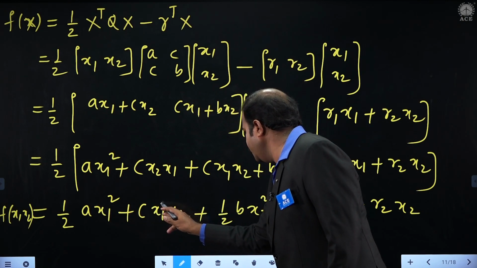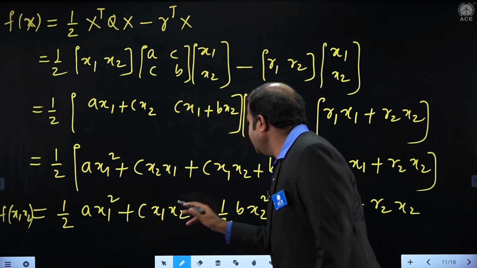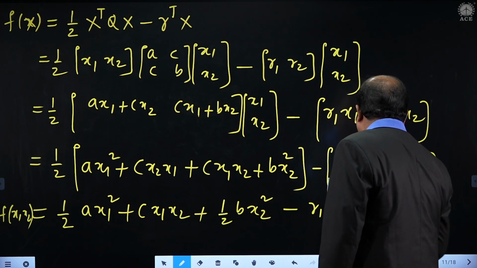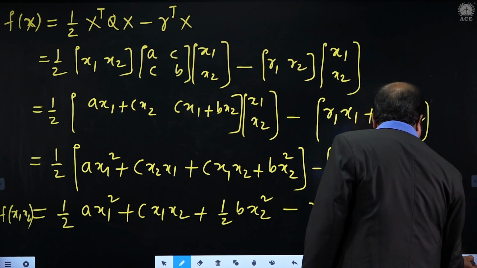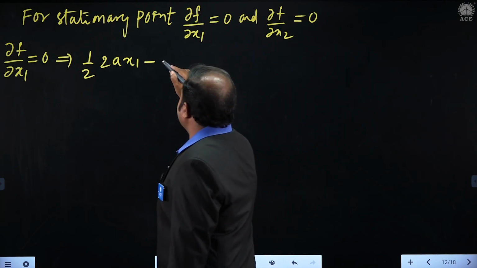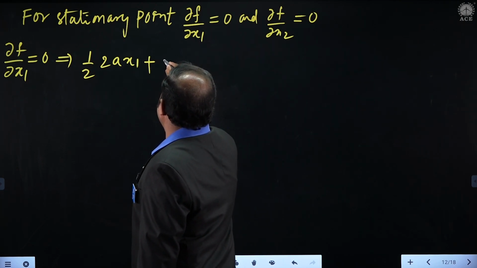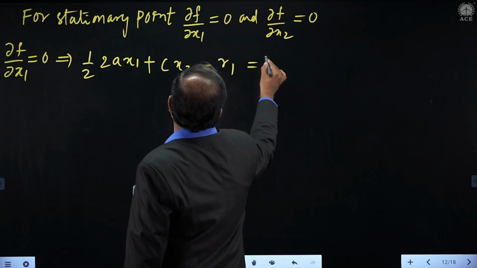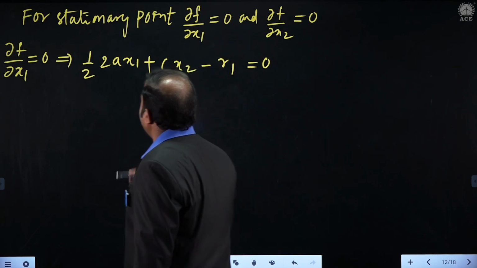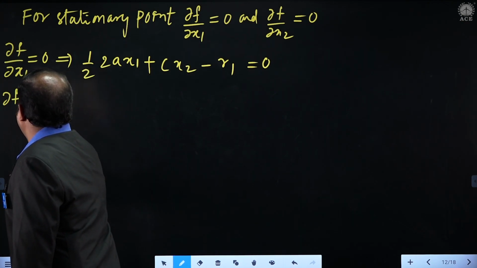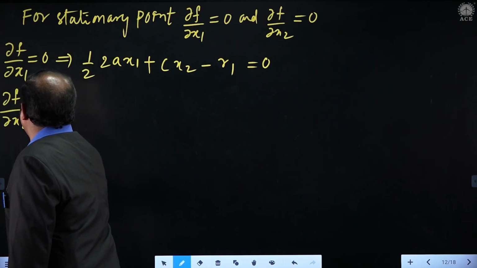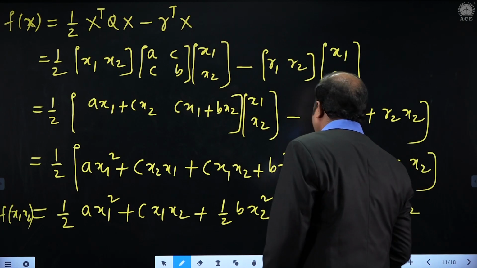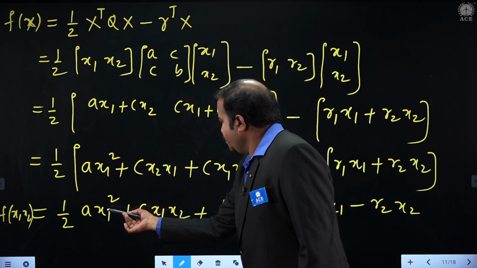With respect to x1 means cx2, sorry, cx2, and this term 0, this is r1. Therefore, ax1 plus cx2 minus r1 equal to 0. Similarly, dou f by dou x2 equal to 0. Look at the derivative with respect to x2, this